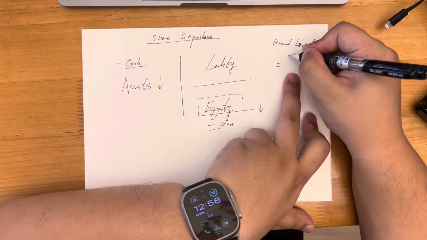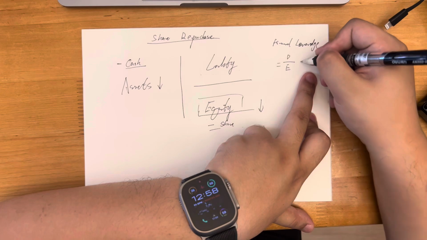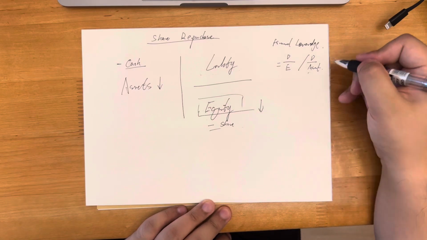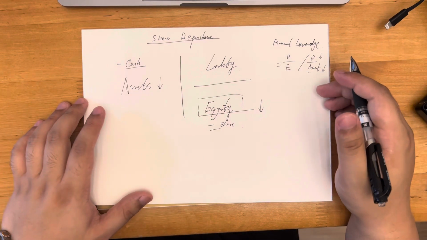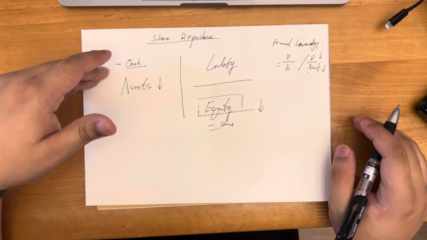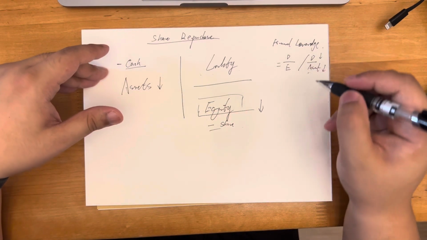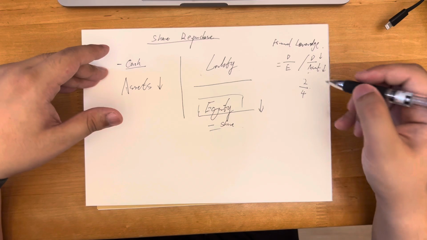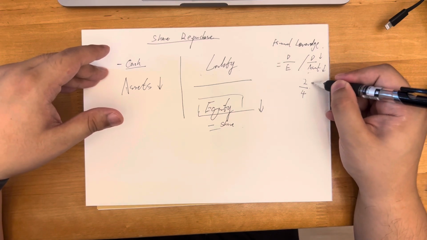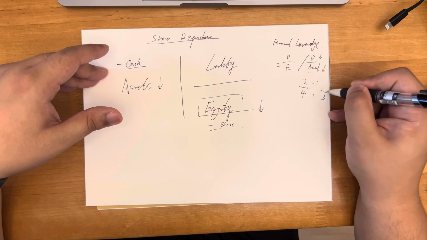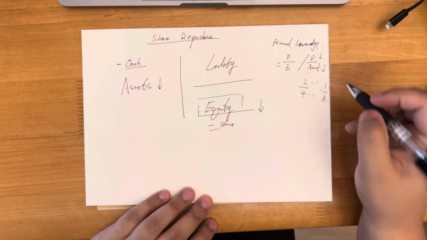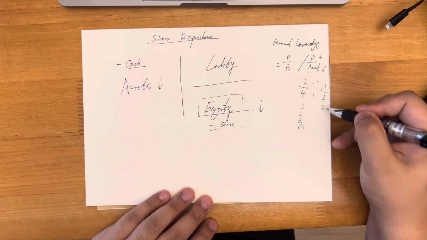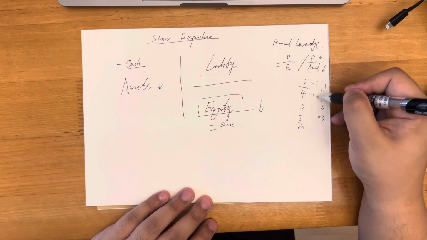financial leverage is normally debt divided by equity, or debt divided by, say, assets. So the asset goes down, the equity goes down, you don't know what's going on, right? For example, the previous is 4 and 2. All go down by 1, and we get 3 and 1 here. So this will give you 0.5. This will give you 0.3. So basically, it's going down.